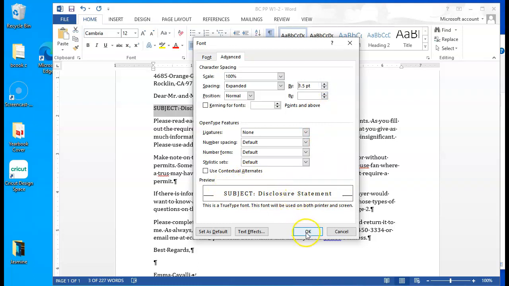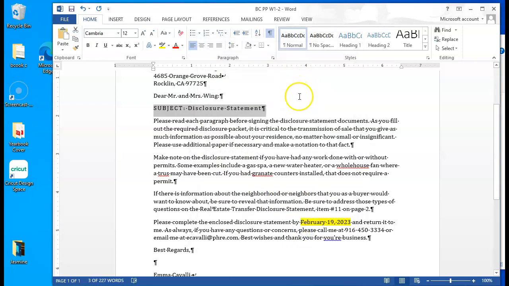And then click OK to close the dialog box. And you can see that all these letters are much farther apart than any of the other letters in the document. Alright, so now pause the video and complete step 11, and then you can come back and continue with the video. Alright, so now we're on step 12, which is on page 27, and we're going to apply font